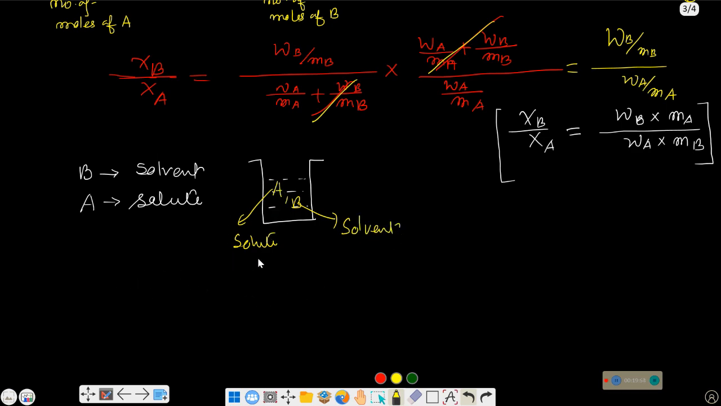Now if I ask you, what will be the molality of the solute here? We took WA grams, and MA is its molecular weight, means molecular weight. WB grams of solvent, right, in grams, and MB is its molecular weight, means molecular weight, right? So if we take the molality of this, okay,